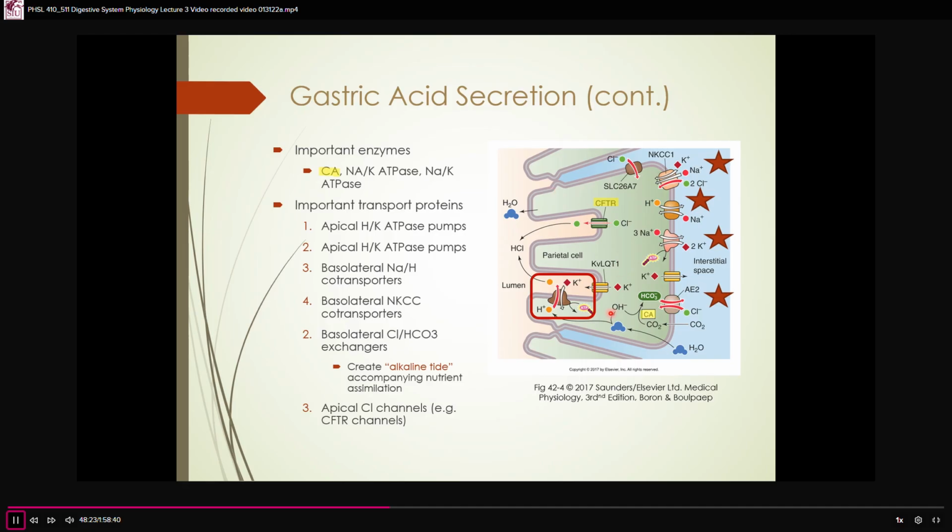But here the water follows the acid out, and you get all of your acid secretion in this mechanism. So they're very critical to being able to move the chloride ions across the apical membrane. And another thing to remember is when you have these countertransporters, anytime you have a co-transporter or a counter-transporter transport